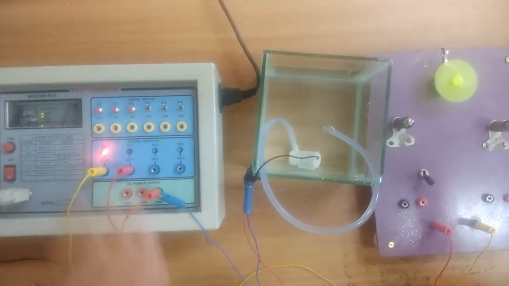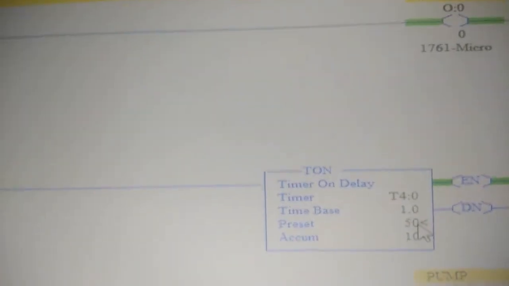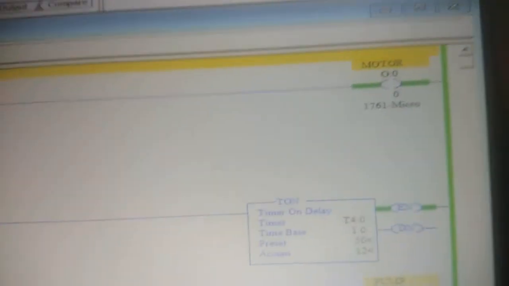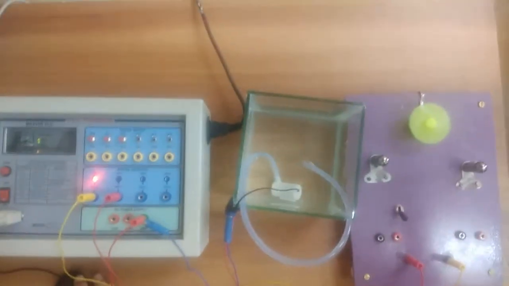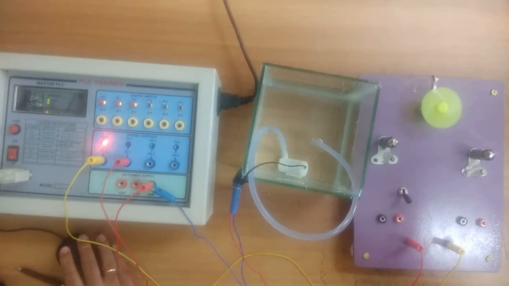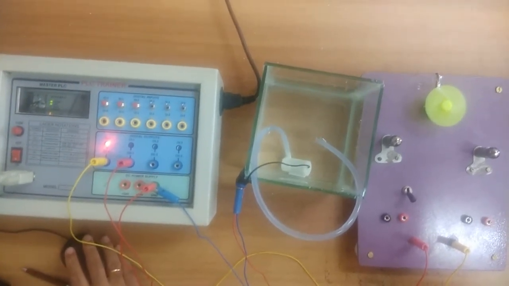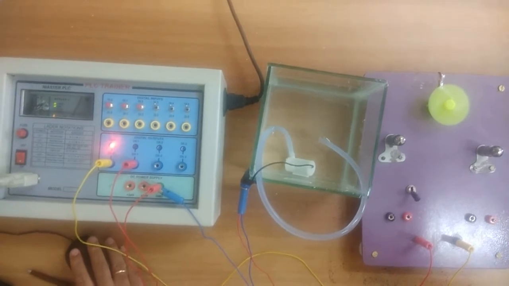The motor will start. See, now the motor is running, and here the timer starts counting. When the accumulator value reaches 50 seconds, the pump will turn on next. You observe now. This type of circuit is used for sequencing operations. Sometimes we require machines to switch on and switch off one after the other to process the task.